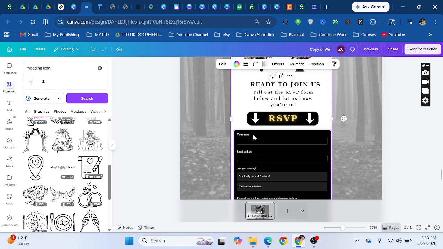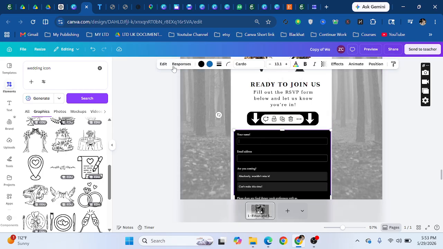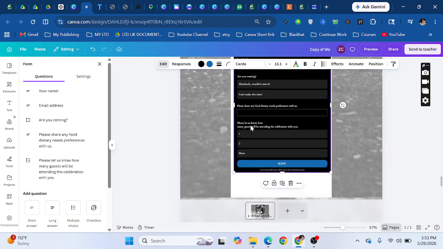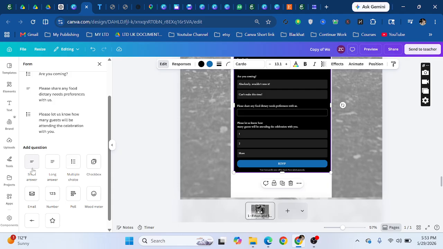Here is the RSVP form. For example, you click on the RSVP form. Here you can see in Canva two options. One is edit, one is response. Edit means you can change and add questions. Like this one, please let us know how many guests you will be bringing. If you want to add one short answer,